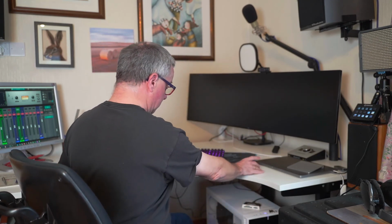So that's the desk. Again, the LINAK 2 meter e-lift from